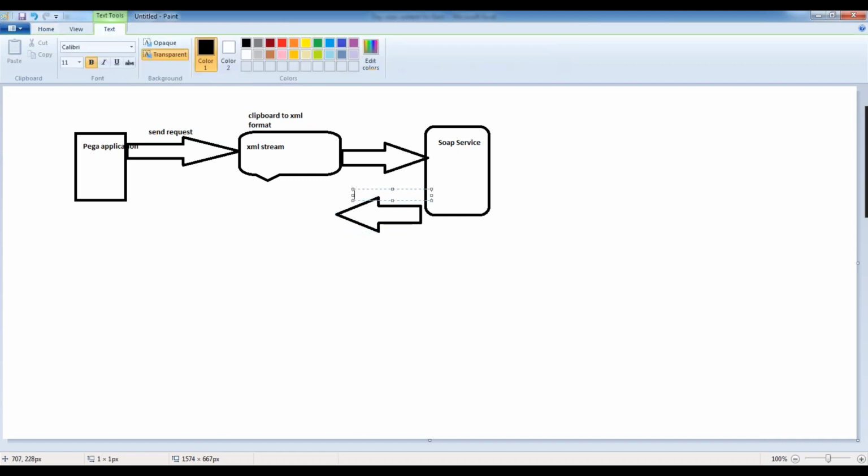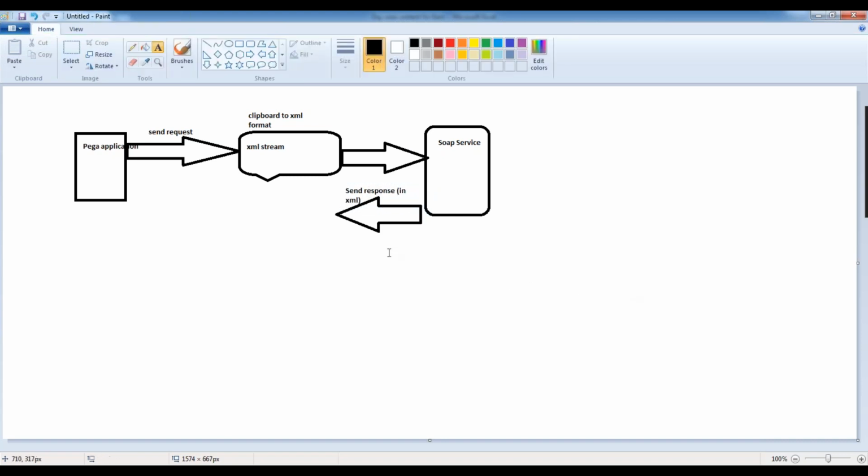But Pega cannot understand XML; it can understand only the clipboard structure. So there are a few more rules which convert XML into clipboard. This is the reverse.